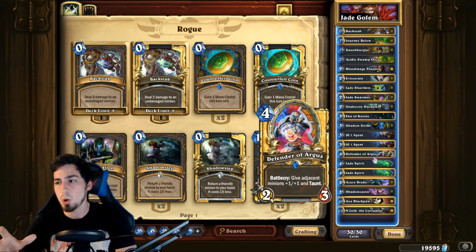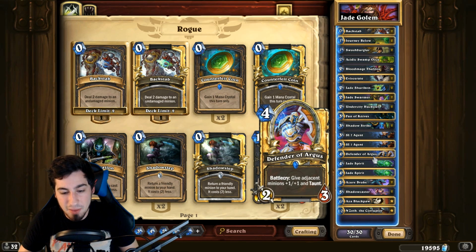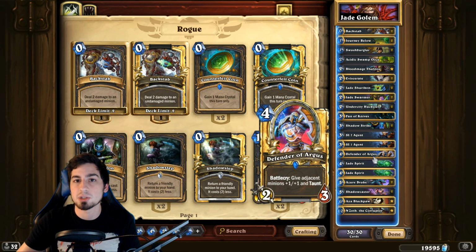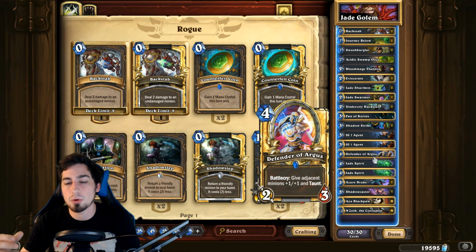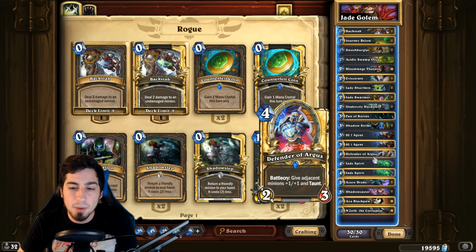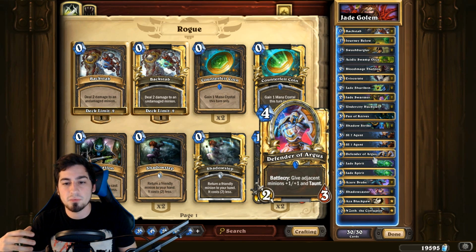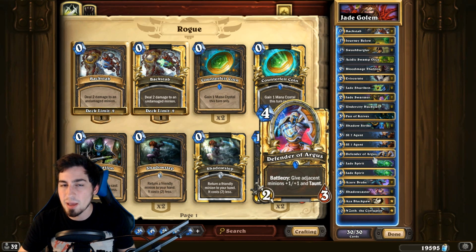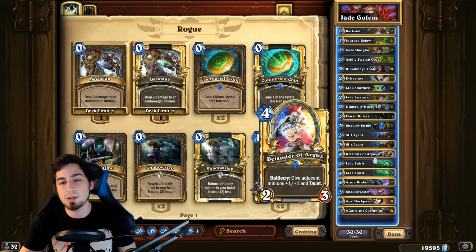Once aggro decks, or at least the amount of them on ladder, kind of dissipates, then we could take Defender of Argus out and maybe put in like a Jade Lotus Agent, or maybe another Fan of Knives, for example. But now, because of the amount of weapons and the amount of aggro on ladder, I found the Defender of Argus, the ability to create taunts out of nowhere, is very important in this deck, because your opponent knows that